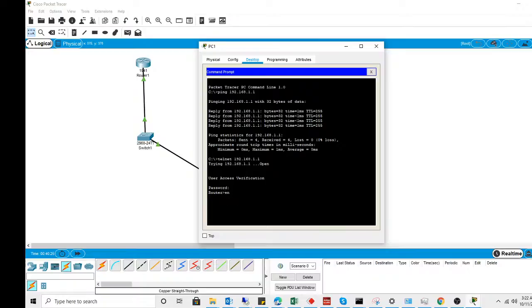So I can even do that. It has given me a password for that. I can put Cisco until I reach. Yeah, so I've already done that. So I've done 3 configurations: the enable, which is the privilege mode, enable password. Then I've done a console,